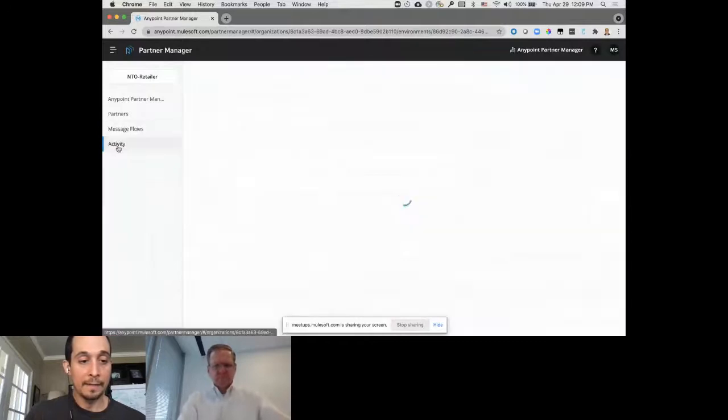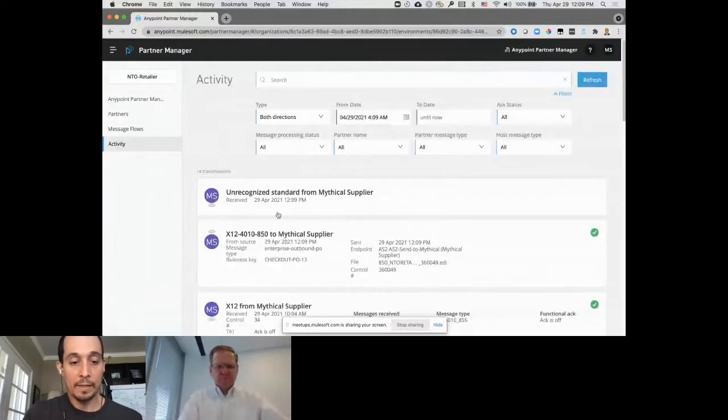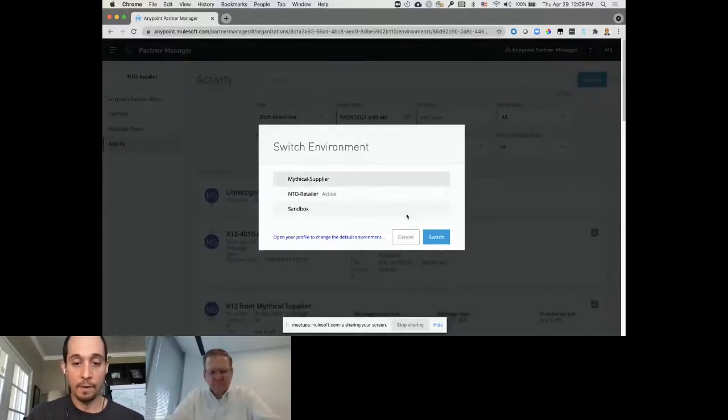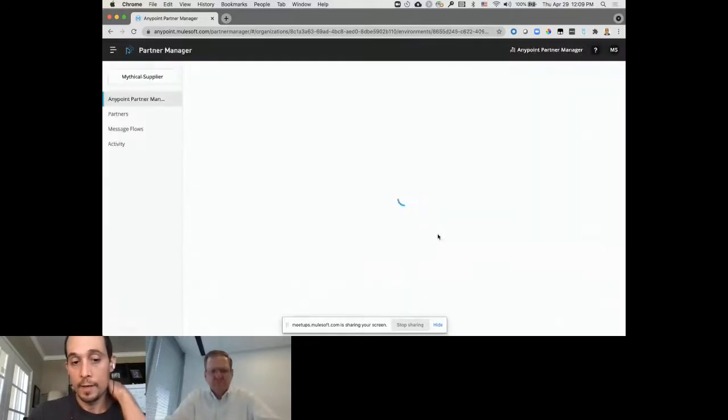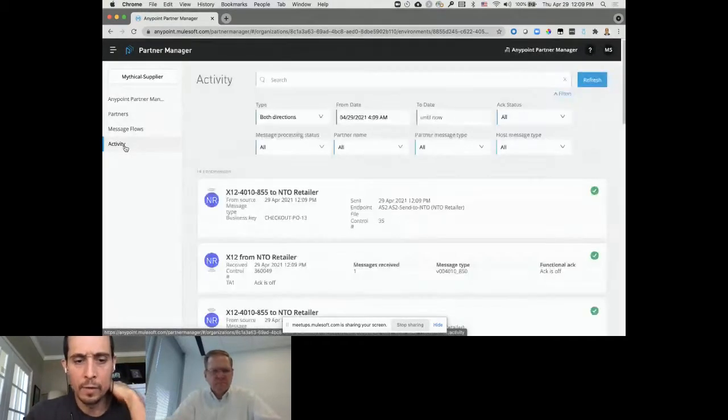So I'm going to look at the activity screen, and we can see at the activity screen just now, at 12:09 p.m., and that's 12:09 Central Time, that an 850 message was sent to Mythical Supplier. So now let's take a look at the Mythical Supplier side. Switch to the supplier side, and we'll see on the activity view that